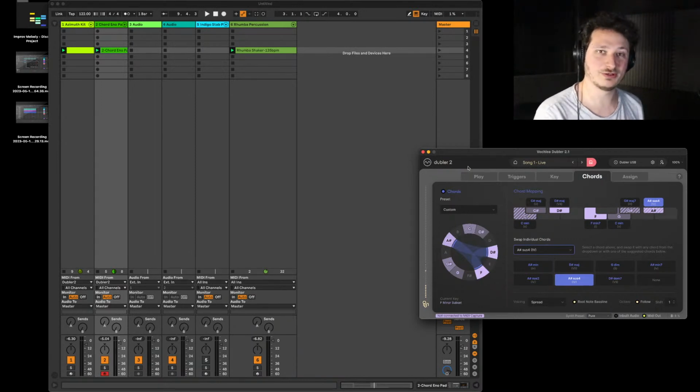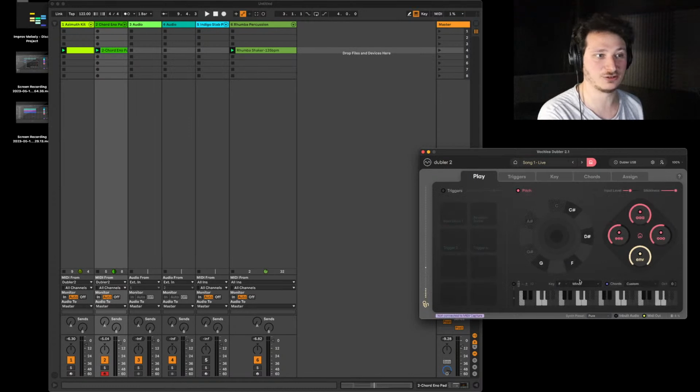So when you're performing with Dubler live, it's really practical to have a profile ready with your triggers ready and your chosen scale ready. That's also crucial. Not all your songs are going to be in the same key, of course. One of your songs will be in F minor, one will be in E major, one will be in C minor. And instead of just using your mouse to click and change those after every single song,